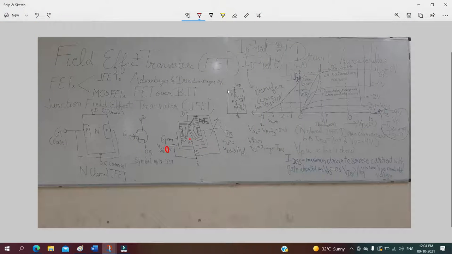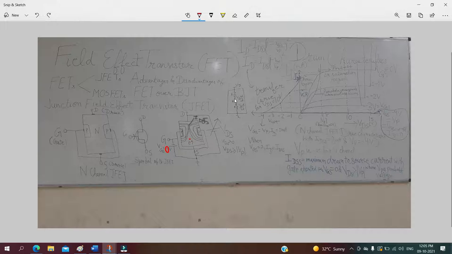Now, if we consider this n-type bar as a combination of n series resistances, we can see that when current flows in this bar, voltage drop exists along the length of the channel. This voltage drop is not uniform along the entire length of the channel. Suppose we assume that the n-type bar is equivalent to three resistances connected in series of the same value R.